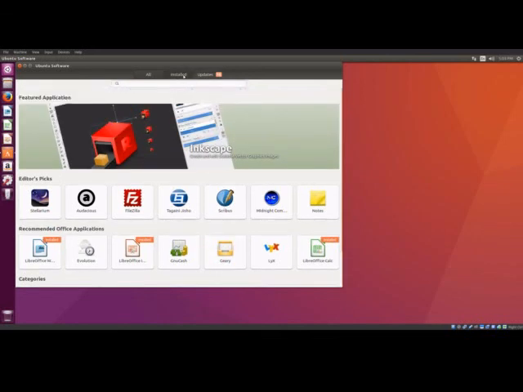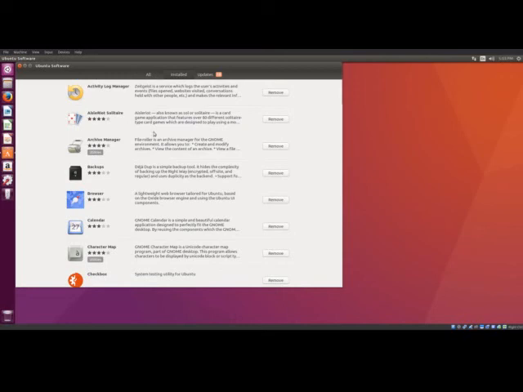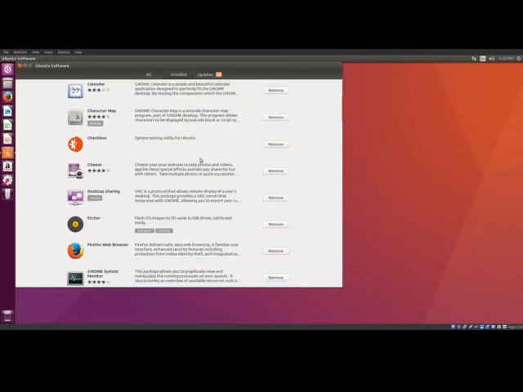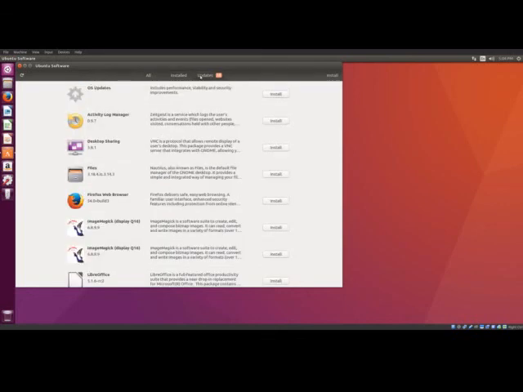And your installed programs, if you want to remove anything, this is where you go to remove your software. And if you have installed any software that is not in the software store, it'll show like third-party, non-free. That's not very reliable, but anyways, you click on remove and it will remove it for you. Your update tab if you have anything that's updatable,